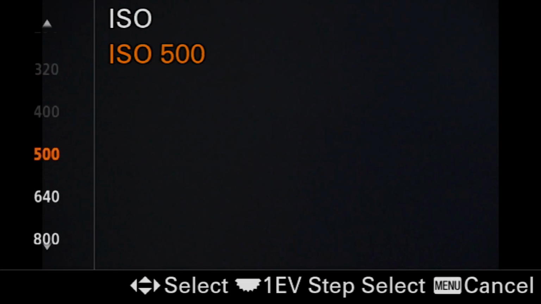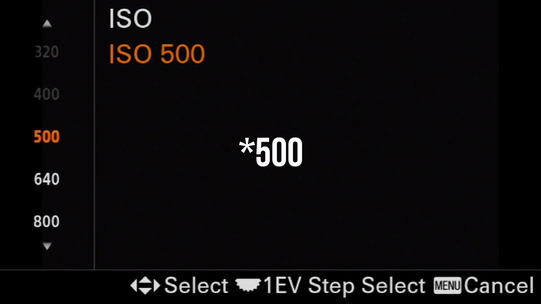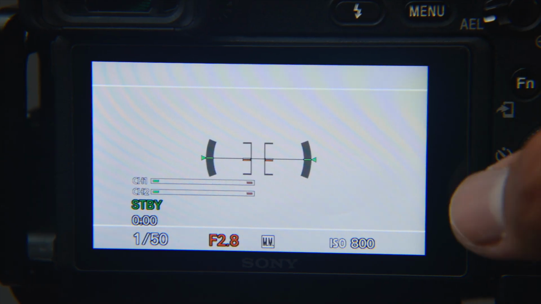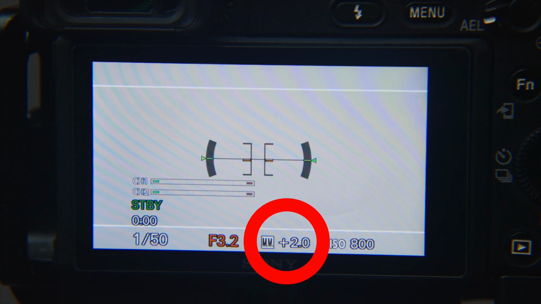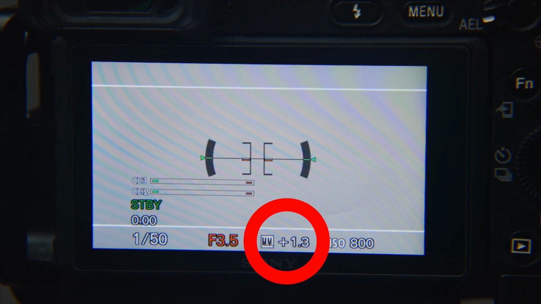But just because you chose the same picture profile as me does not mean you are going to get the same image, because you need to be aware of two conditions. When shooting SLOG 2, your lowest ISO is going to be 800. You can go up if you need to, but you can't go lower. In addition, the image needs to be 1.5 to 2 stops overexposed, which you can see down here on your